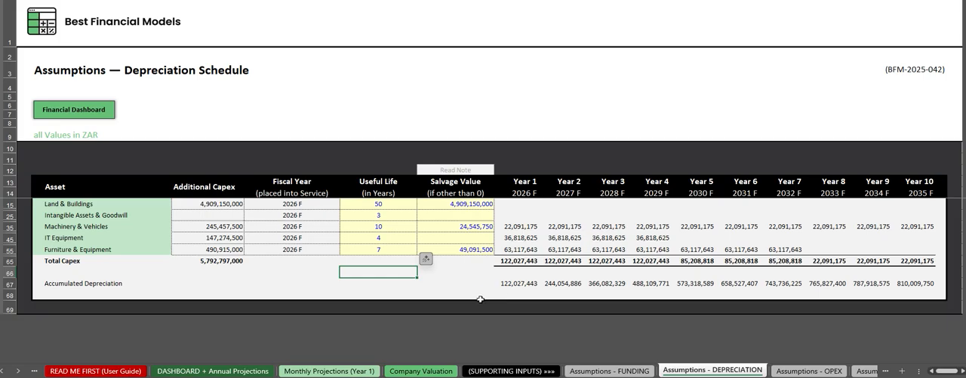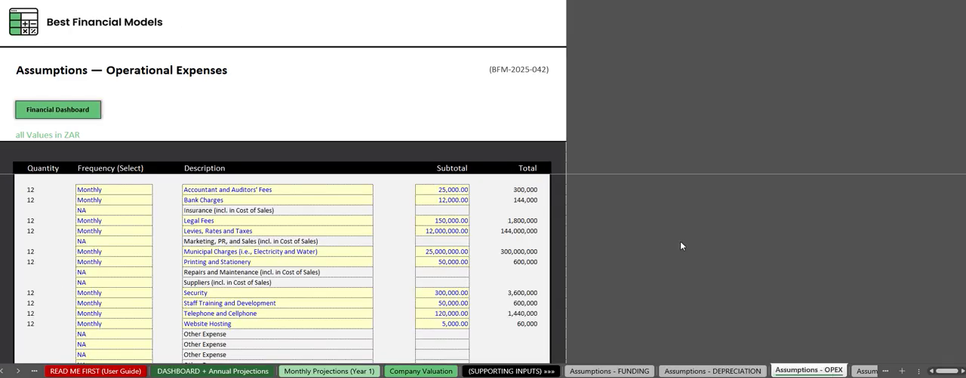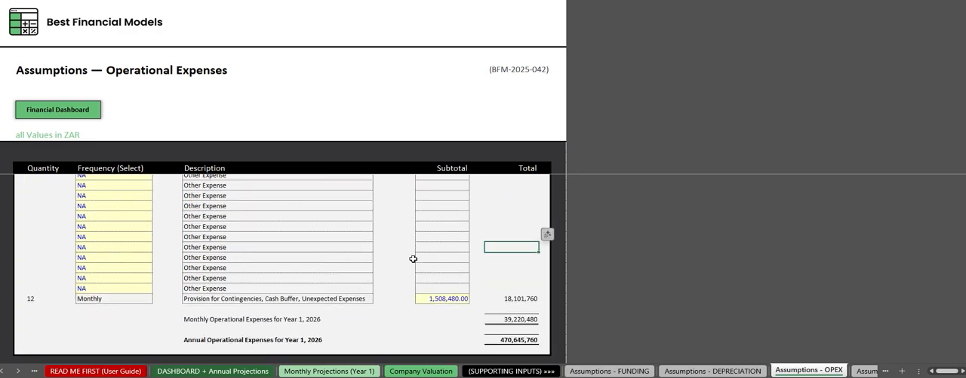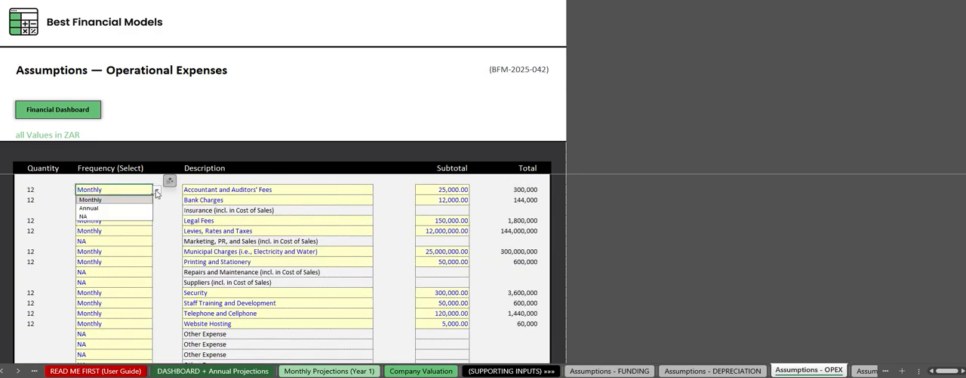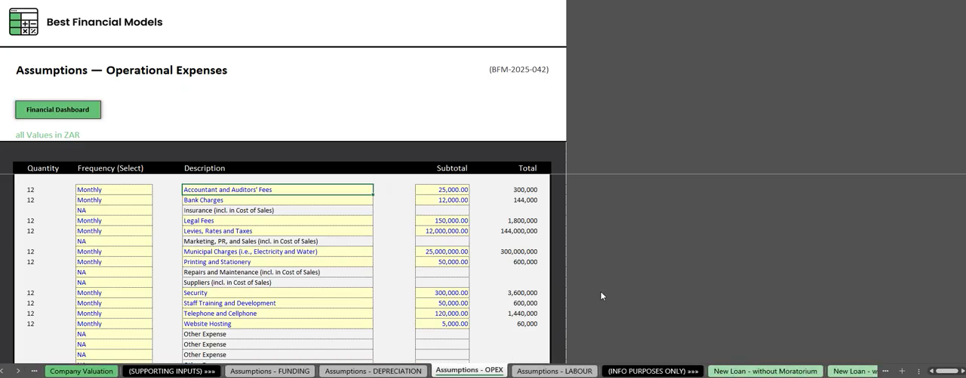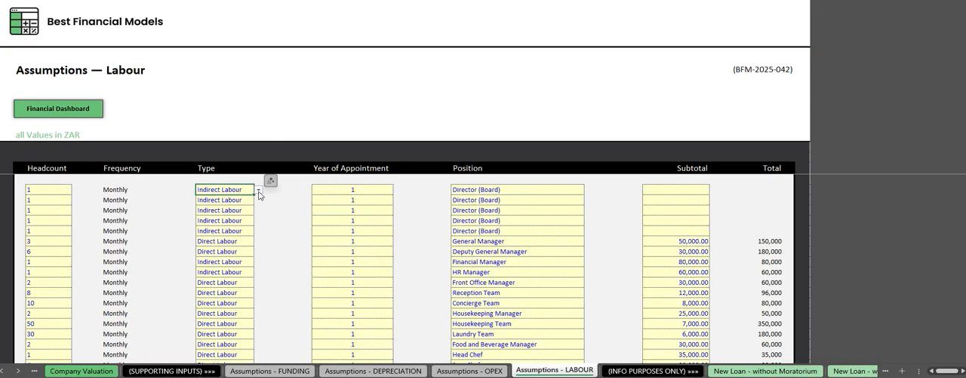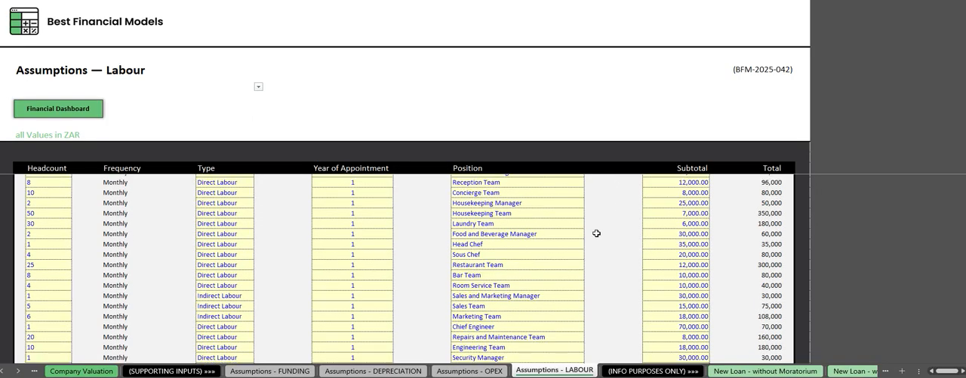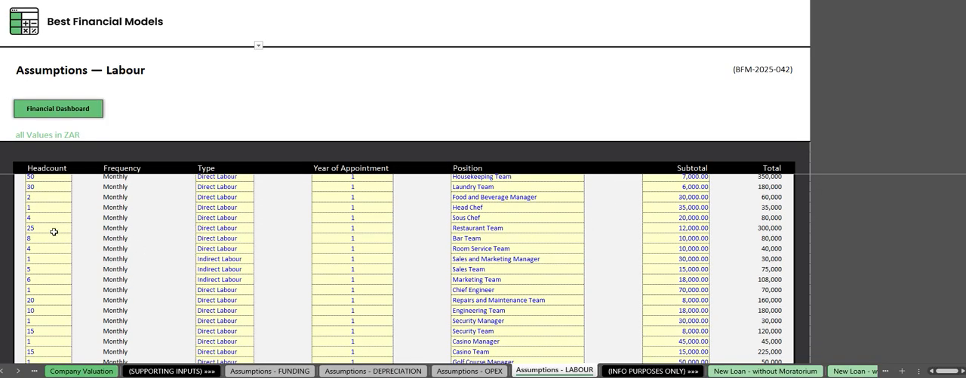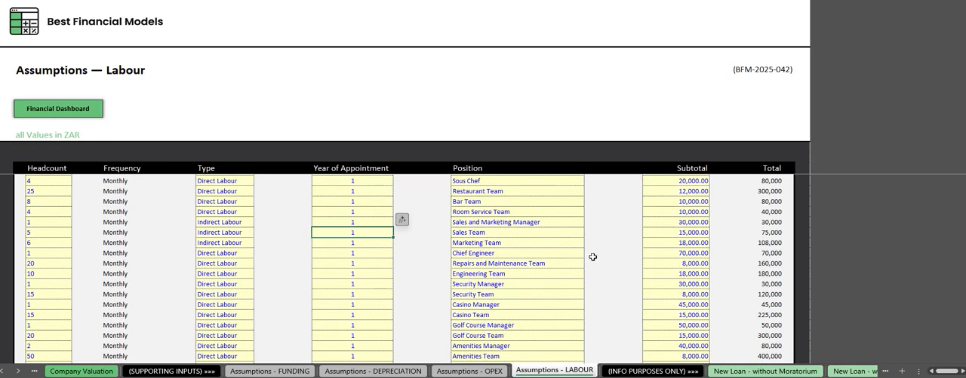Depreciation automatically calculated for you based on your salvage value and useful life per asset. The operating expenditure, once again, here you can decide whether it's monthly or annual fees. You can name the operating expenditures, the individual line items, and this then automatically pulls through to the profit and loss statement. And then labor, split between direct labor and indirect labor. Once again, whatever you input here in terms of headcount, in terms of the year they're being appointed, in terms of the names, etc., are automatically pulled through to the various